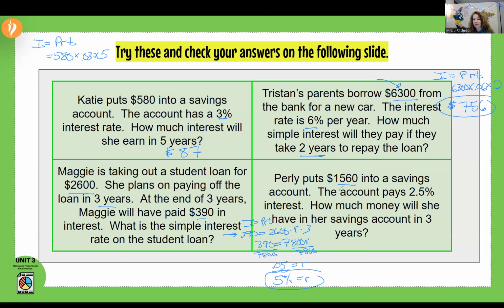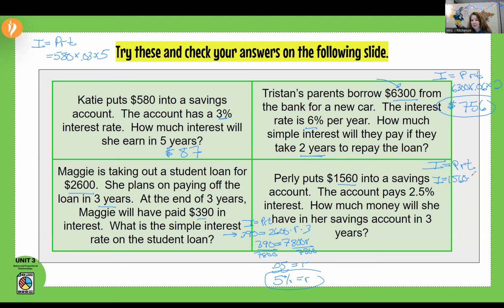Pearlie puts $1,500 into the savings account. That is a principal. The account pays 2.5% interest. How much money will she have in her savings account at the end of 3 years? So we want to know how much total is in the account at the end of 3 years. So the principal plus the interest at the end of 3 years. So we don't know how much the interest is yet. We know her principal is